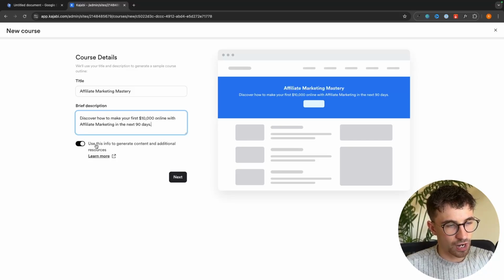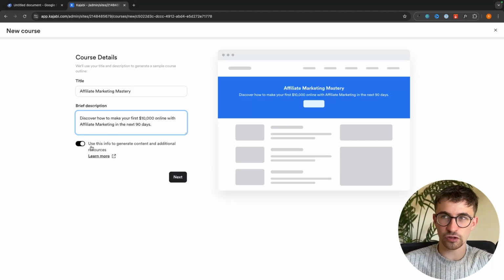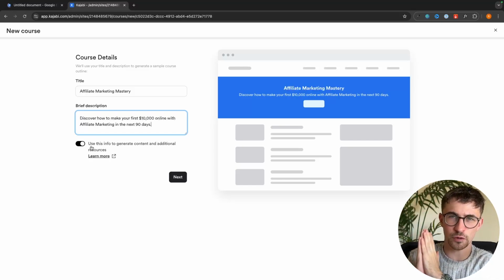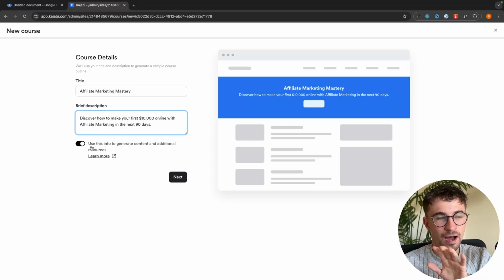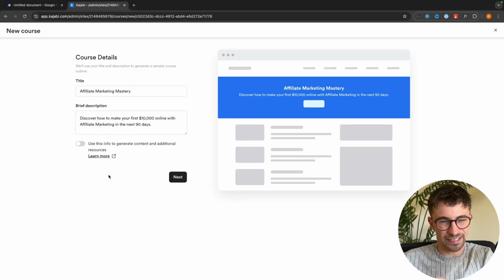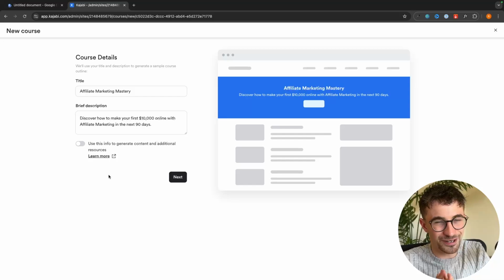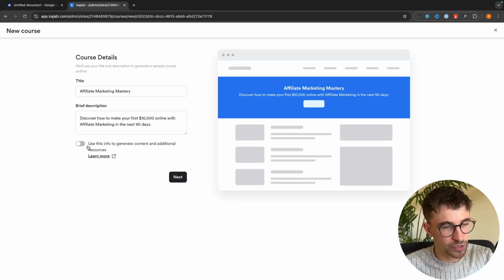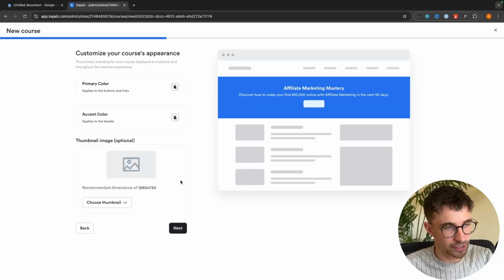And then this section at the bottom, it says use this info to generate content and additional resources. So if we leave this on, what this is going to do is create us a course outline and show us the type of content that we should be putting in the course. I do not recommend leaving this on, however, because honestly, the outline that it gives us is really not the best, and you're just far better creating your own course content and outline. So we can turn this off and then click on next,